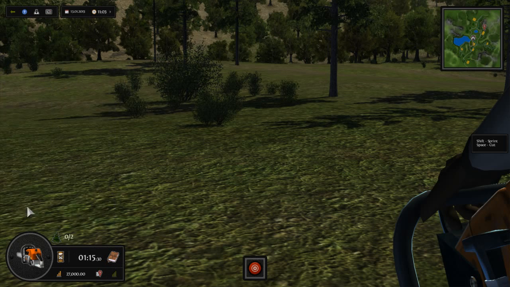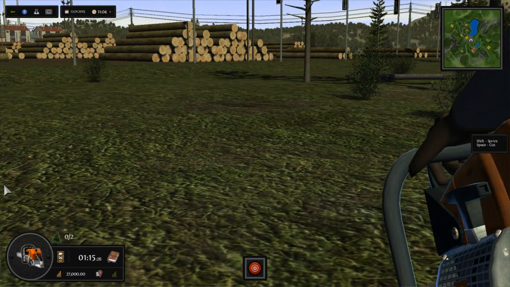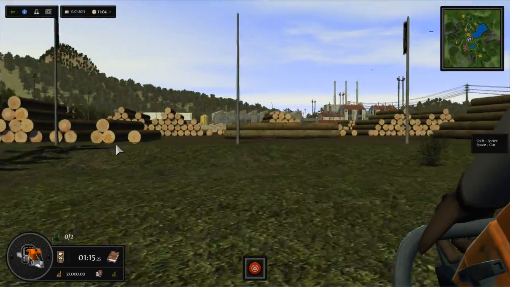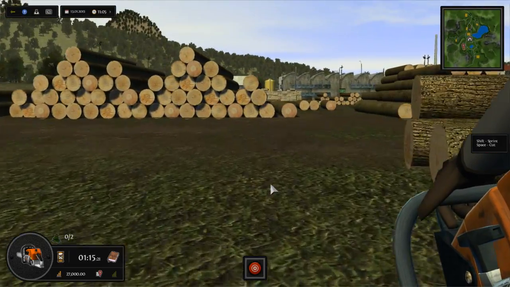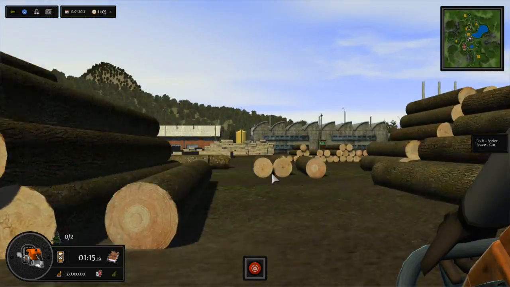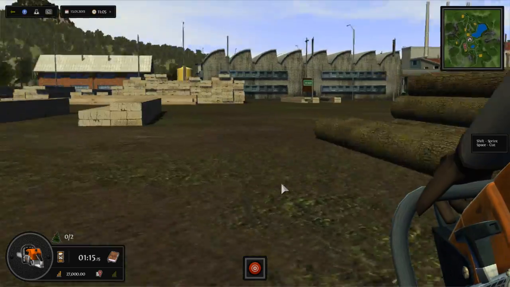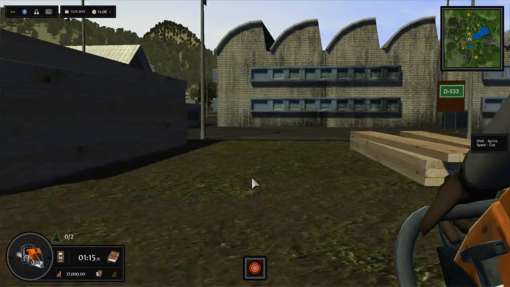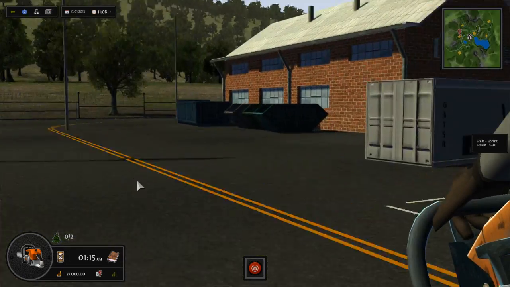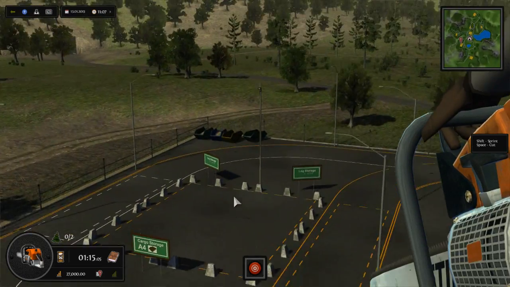So it seems like I just need to cut down lots of trees manually first to make some money, to then hopefully have more stuff, more vehicles and that. And I'm hoping that I can actually own my own kind of facility, lumber facility. It might just be that you get this genetic...